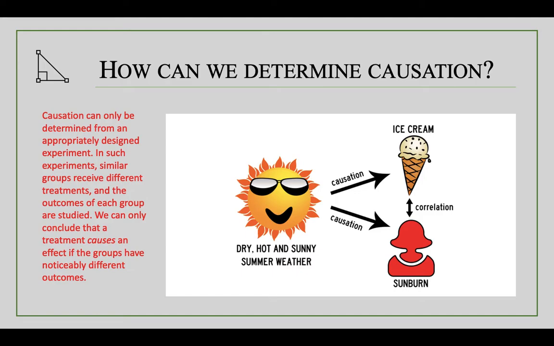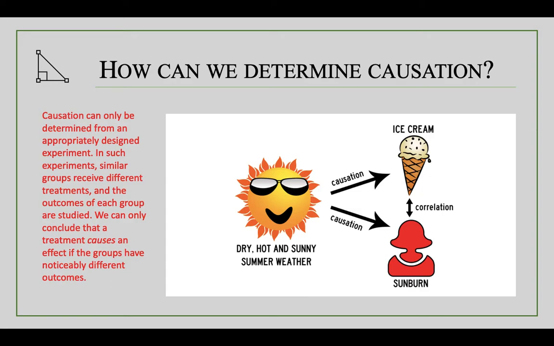How can we determine causation? I love this image because we see how a sunny day is going to cause an ice cream to melt. We know a sunny day is going to cause a sunburn. And then the correlation would be that sunburns and ice creams melting are related to each other. And yes, they are, but it doesn't mean that if you are getting sunburned, your ice cream is necessarily melting. You could be sunburned also at the top of a mountain skiing because you're closer in altitude to the sun. I think the reason is there's less filtration.